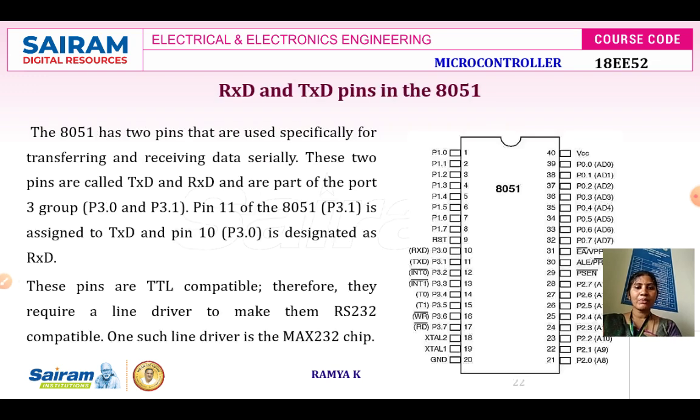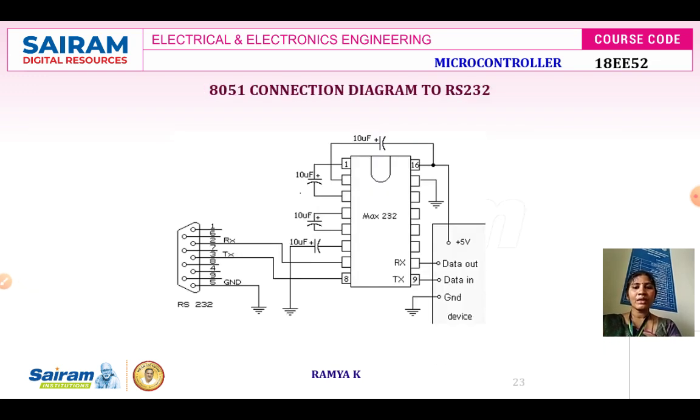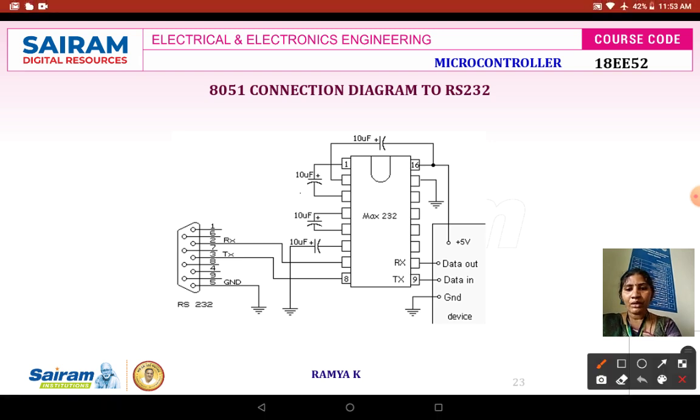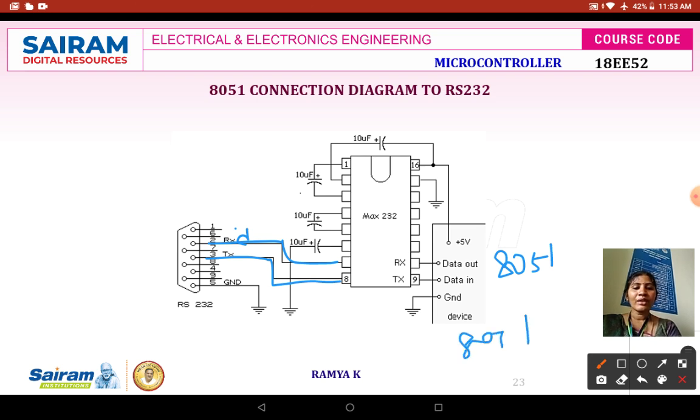All these things I have explained over here. This is the connection being shown. You can see that the first pin is left open because it is data terminal ready. The second pin is receiving data, and the third is transmitting data. The receiving data line and the transmitting data line have to be connected to the MAX232 logic to make the RS-232 TTL logic compatible with 8051 TTL logic. This is the physical connection that has been shown. It is your 8051 data in and data out.